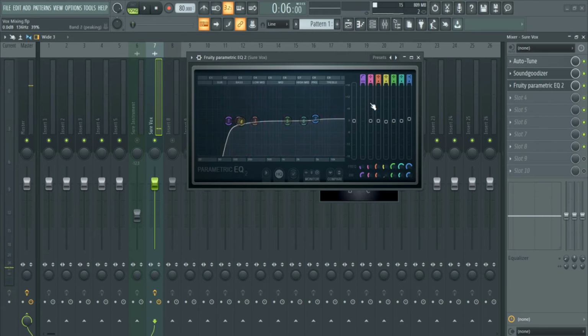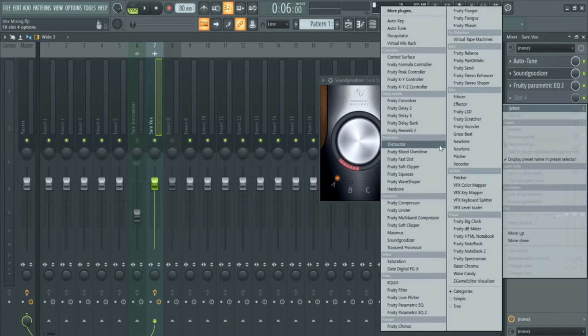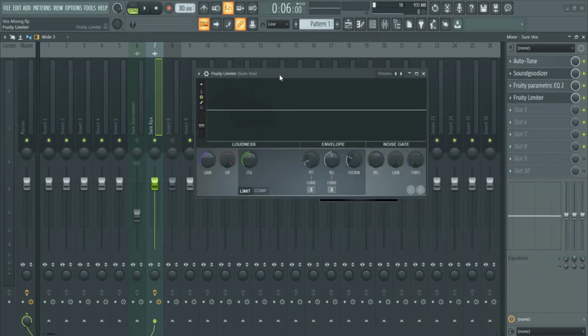It's nothing serious there. Just going to push it down by half a dB. Okay, so you can just sweep around and see frequencies you might want to push down, but you don't want to do it all the way up like this, because you will hear a lot of things that will not be great. Okay, next I'm going to bring up my compressor and I'm going to use Fruity Limiter to